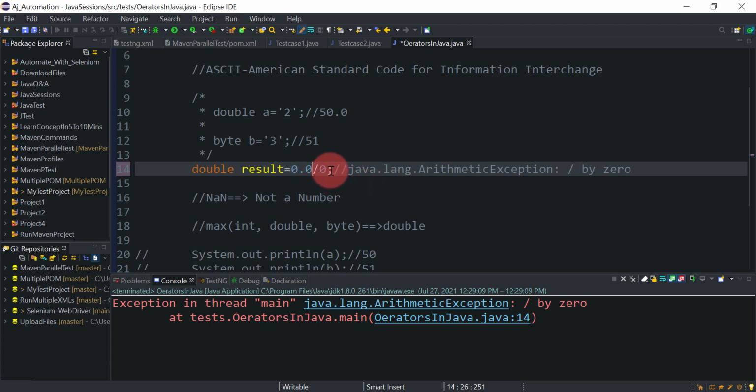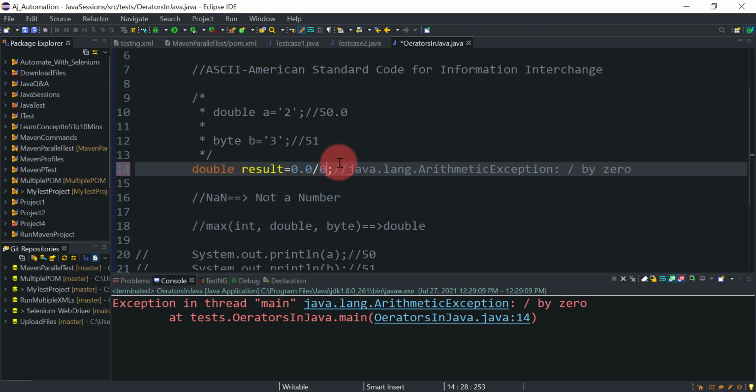Okay, so if you see something divided by 0, most people directly say that we will get the arithmetic exception without thinking much. But you need to remember, if you are dividing a double value by 0, then that is a double or float value. In that case, we can represent that undefined result by using this not a number constant.